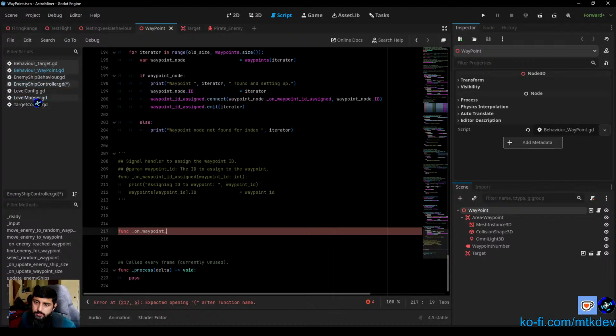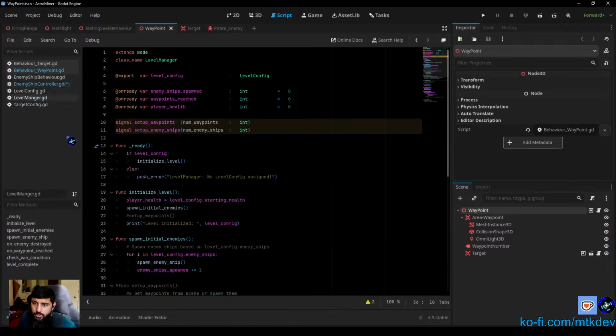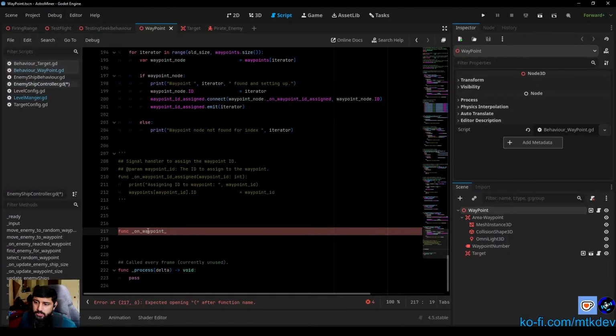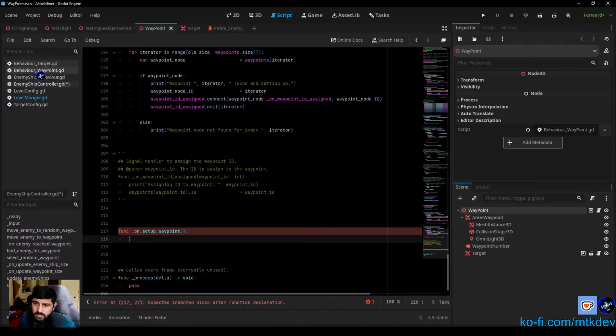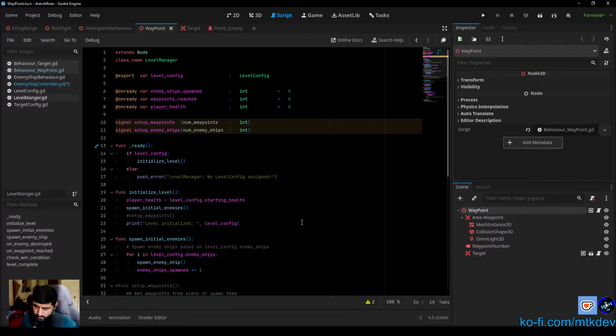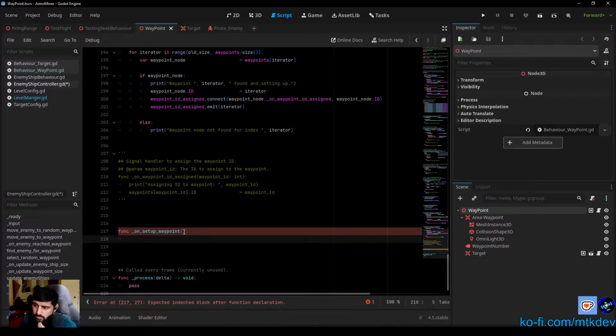Where's this thing, level manager, on waypoint setup, on setup waypoint. Right, and what does setup waypoint take in? Setup waypoint takes in number of waypoints. Okay, so we have a variable called num waypoints, which is of type integer,